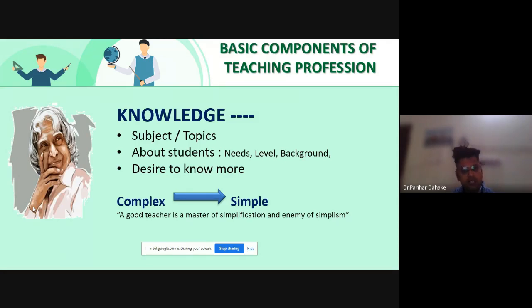It was the conventional thing, happening for the last 5 decades, that people have knowledge, they work over their subjects and topics, they think about the students, their needs, level, and background, and in accordance with that they create a simple solution to a complex problem. That is the main activity and beauty of every teacher, shaping up the students' lives.